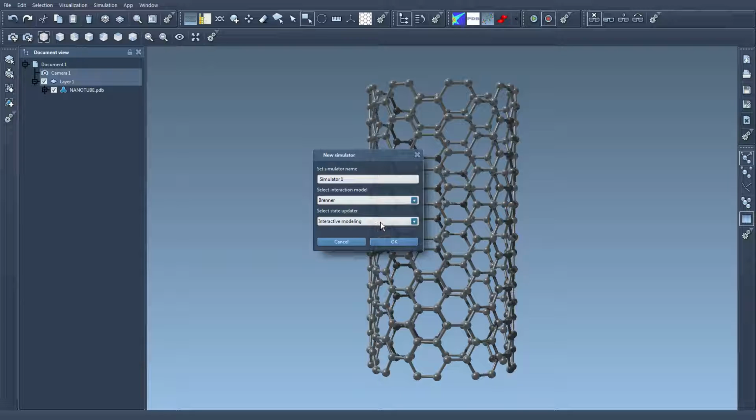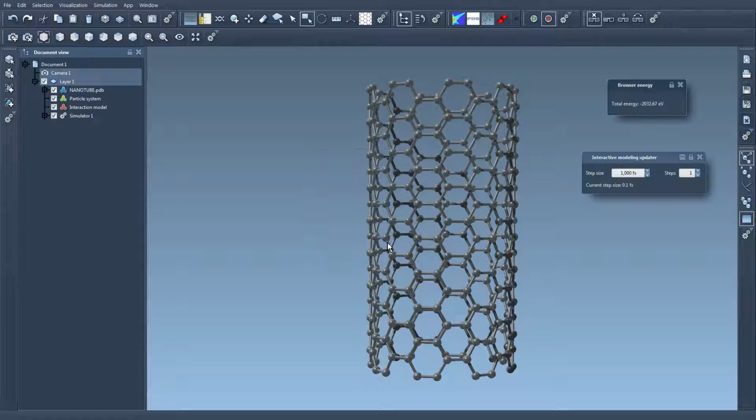So this could be a minimizer, for example the steepest descent algorithm, or this interactive modeling updater that's particularly appropriate for interactive modeling applications, or regular dynamic simulation algorithms like the partition Euler method or velocity Verlet, or adaptive integrators. Okay, but I'm going to do just minimization for now, so I select OK, and I can see that